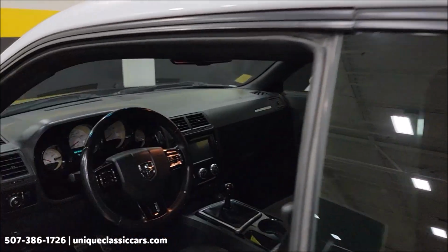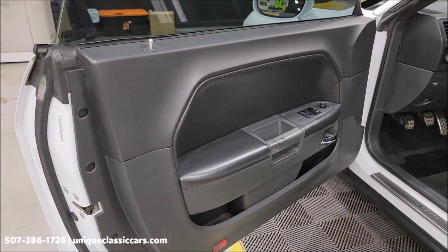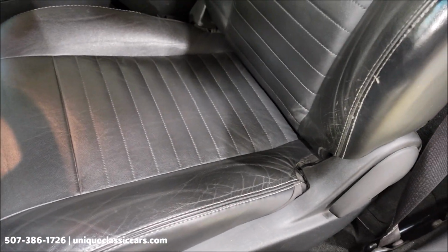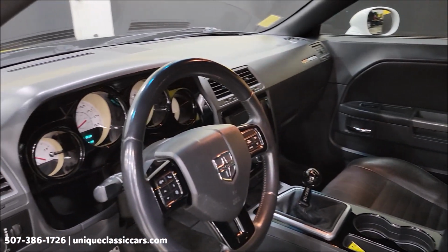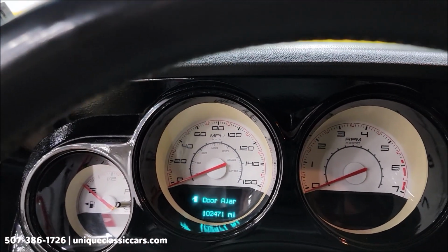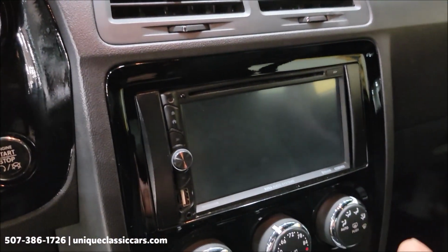Let's go ahead and take a peek at this interior. Of course, power windows, power locks, power mirrors, power driver's seat. And also nice condition. Not really showing a lot of wear on the bucket seats. They are leather. Of course, steering wheel controls. Headliner intact. Let's look at the exact miles. So there's your exact miles. Like I said, a little over 100, 102,471,